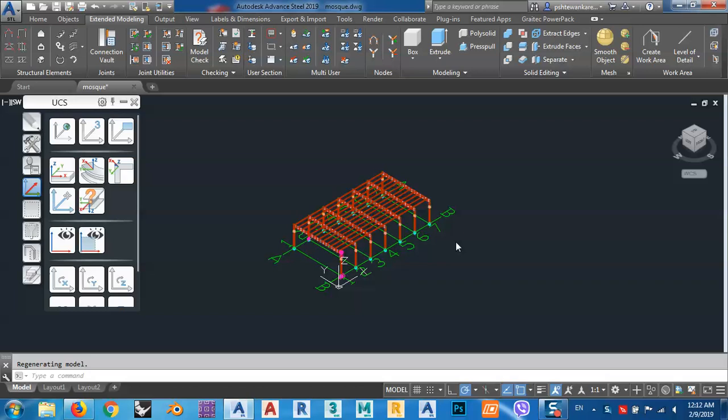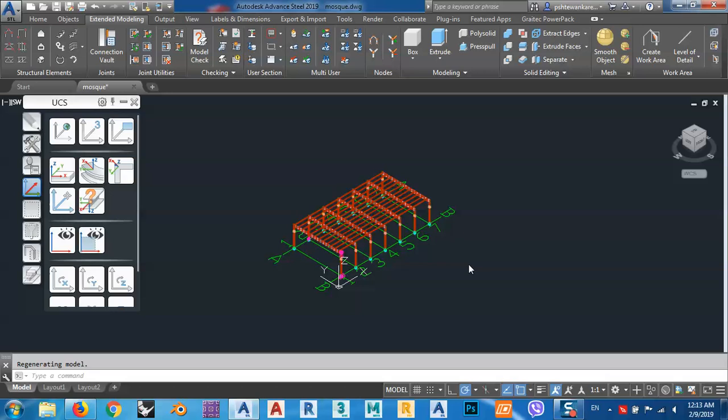In today's lesson, I would like to show you 6 tips in Advanced Steel. Before, I made a video about tips in Advanced Steel, but this one is part 2. It will be very useful for you, so stay till the end, and you can model your projects much easier